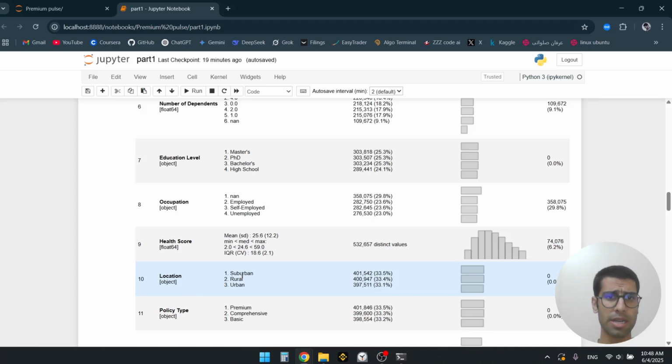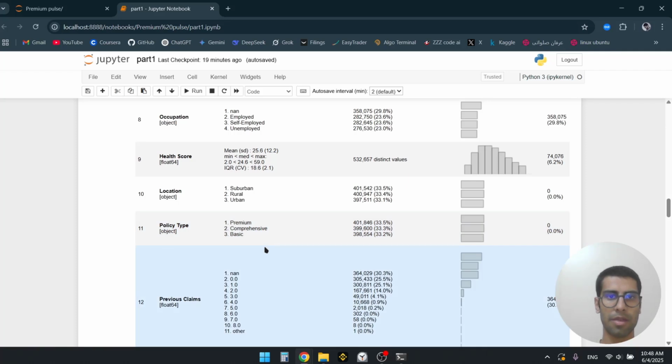We have location: suburban, rural, and urban, perfectly balanced, no missing values. Policy type, three categories, perfectly balanced, no missing values. That's really good. And previous claims,